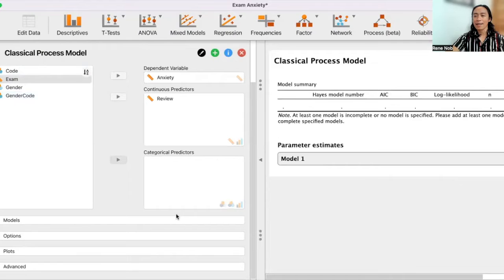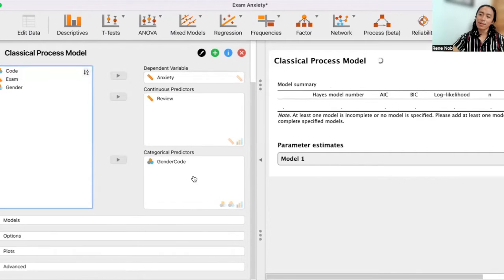And our categorical predictor is gender. You might be asking, why are we not being asked which is the moderator? In this case, the moderator is still considered as a predictor. And even if you're testing for mediation, you just have to identify which is the outcome variable, and the rest,